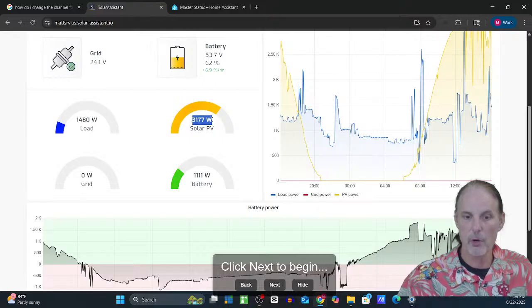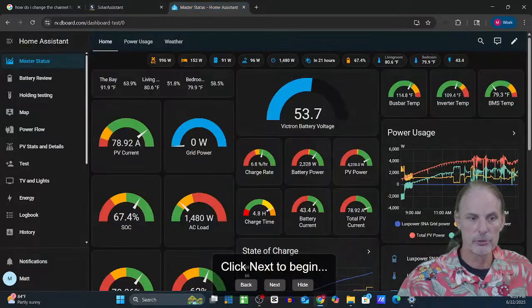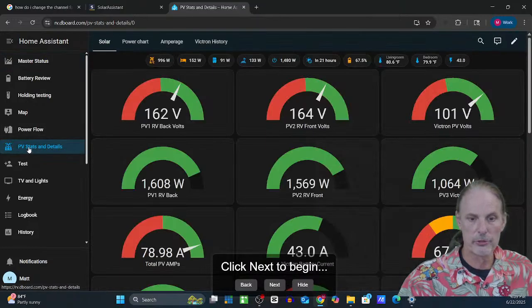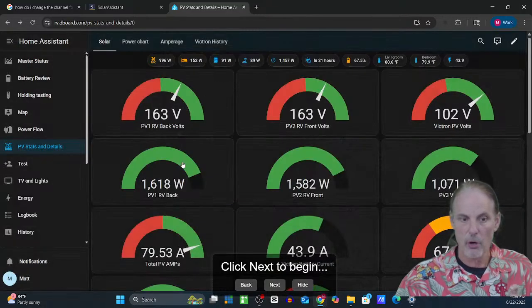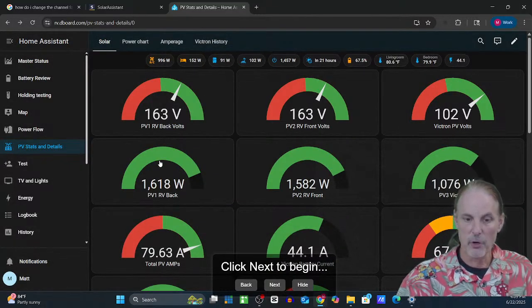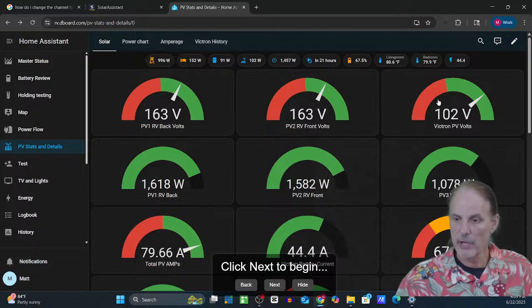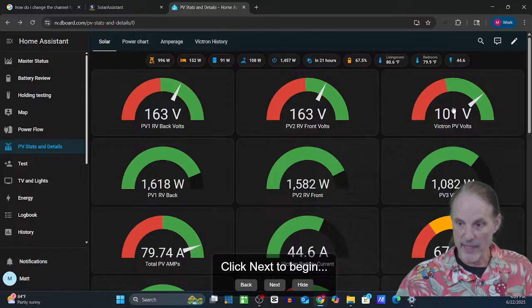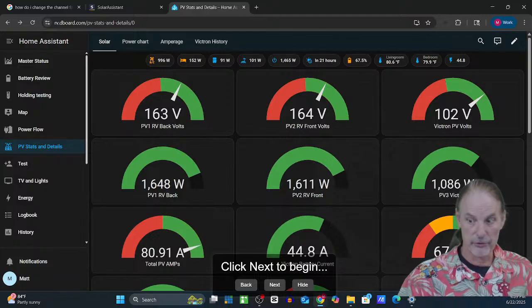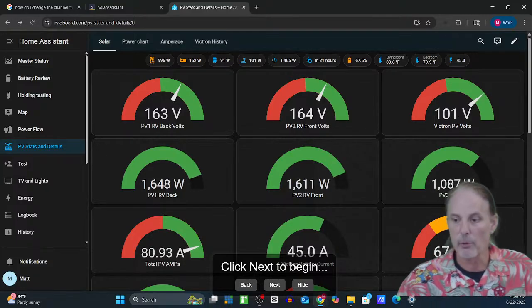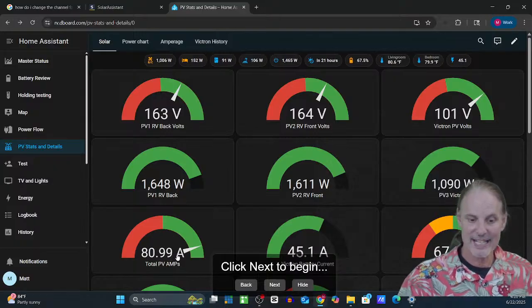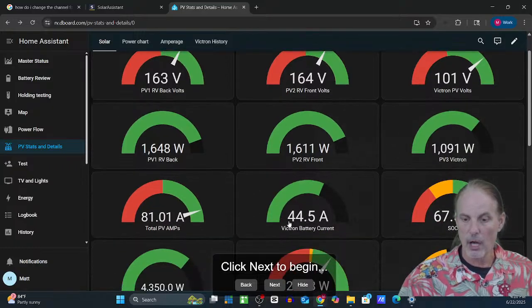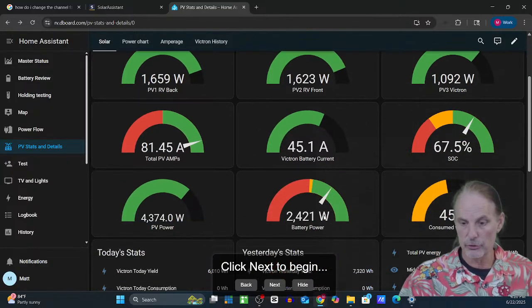So you're seeing 3,100 watts of solar, but if I come over here to the Home Assistant, you can see not only do I have that input on these 2 items here, which is the RV coming through the 6000 XP, but I've also got the Victron information over here, and that feeds in through this input here. It's running at 102 volts and pulling in off the solar shed 1,088 watts or so. And so you can see the whole system right now is producing about 81 amps of power, of which 45 of that is making it